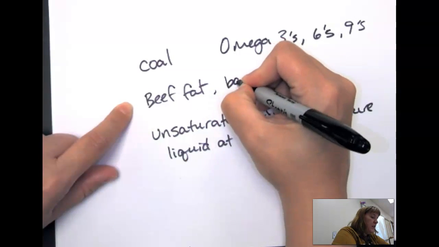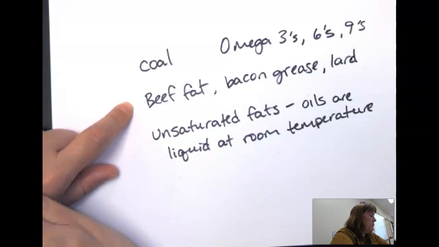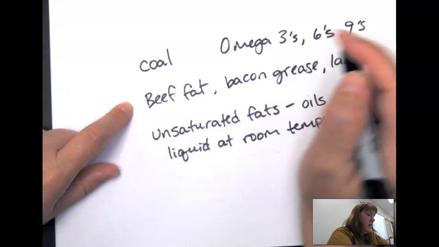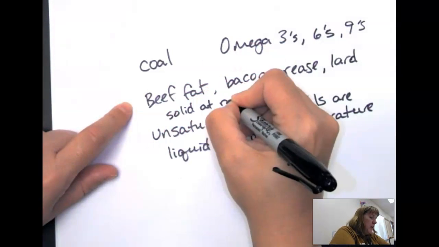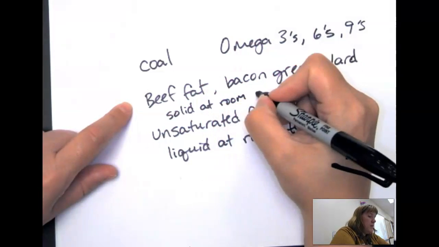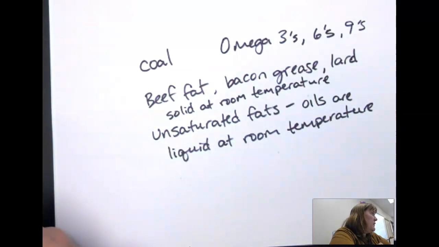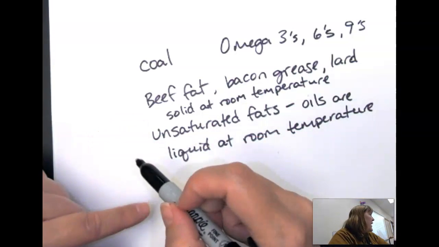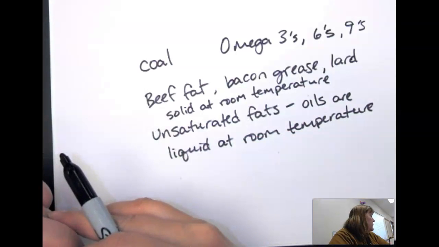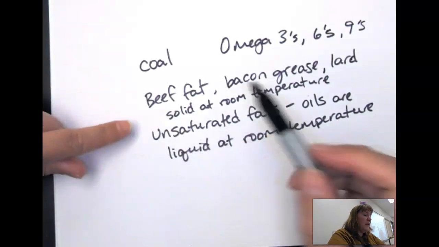So bacon grease, straight up lard, it could be from a pig or cow or anything. But it's solid at room temperature, right? The non-fatty part of the bacon is protein, so we're talking just exclusively about the fat. Yeah, the grease in the pan. Right. So that's how you know it is